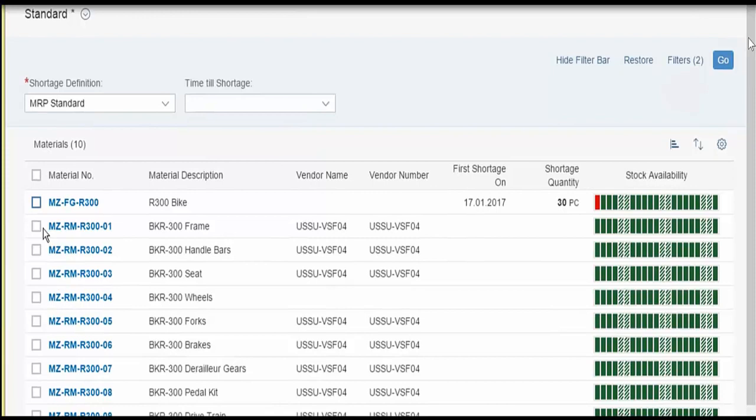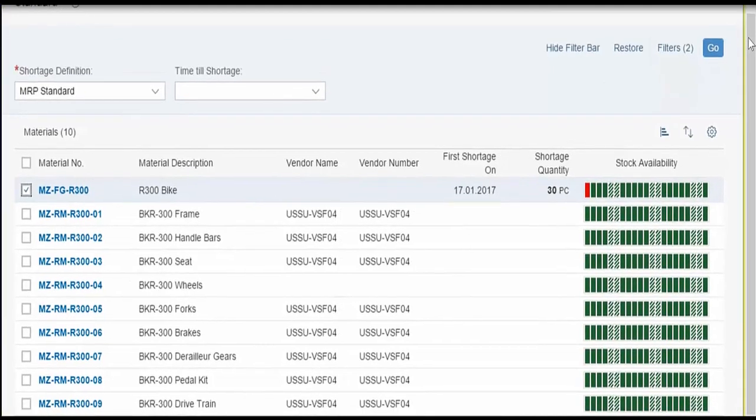The production department in the meantime constantly checks the material coverage application. They finally find that the wheels are available in stock. Therefore, it is good to start production. The production executive reviews the planned order in detail before he converts the planned order to a production order.